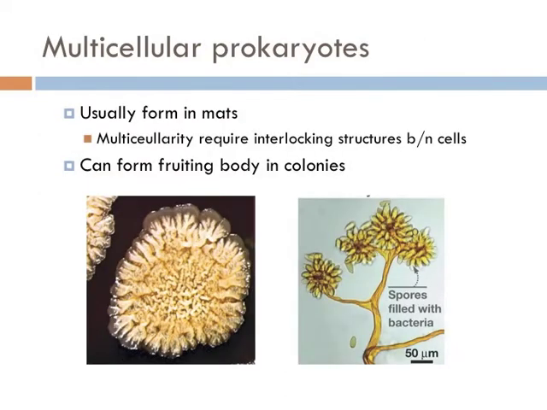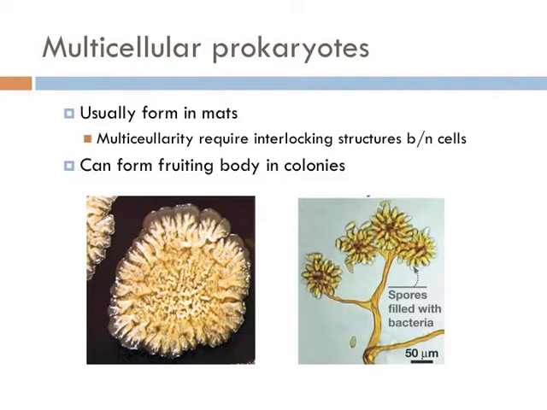While both bacteria and archaea are almost completely unicellular, there are certain multicellular species. In order to be considered multicellular, they have to have intercellular connective structures linking those cells together. These can form strings or mats known as colonies.